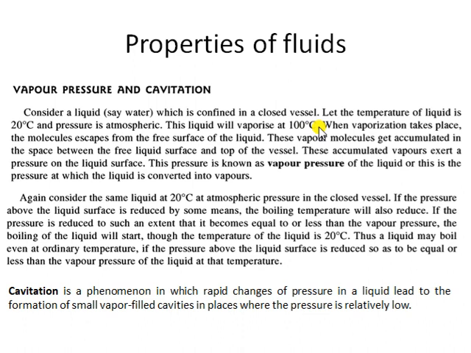Those vapors will exert force. Those vapor molecules will be accumulated in the space between the free surface and the top of the vessel. These vapors exert some pressure on the liquid surface, and that pressure is called vapor pressure. Initially I told you it is the pressure exerted by the vapor on the free surface; that is vapor pressure. Now, in this particular case, at atmospheric pressure, to achieve the vapor pressure, we increased the temperature. You can do it the other way also.